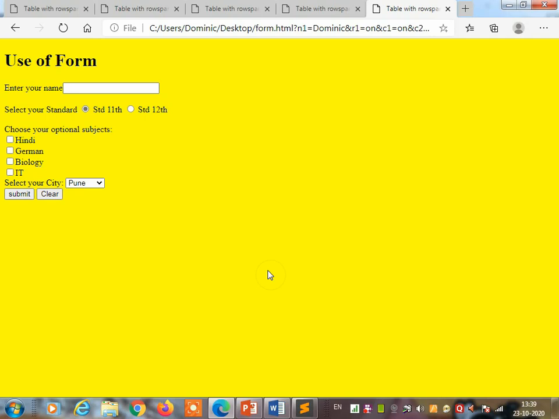In the input tag we have learned different attributes: type, name, max length, size, checked, value. In the select tag we learned 2 attributes, name and multiple. And in the option tag we learned 2 attributes, selected and value.